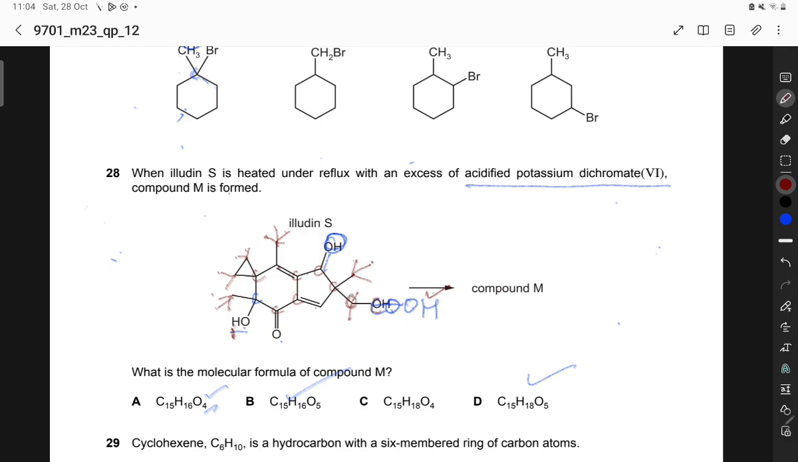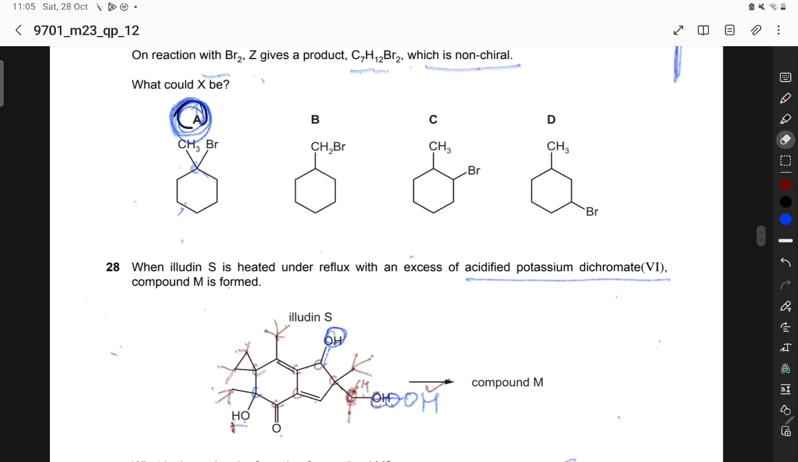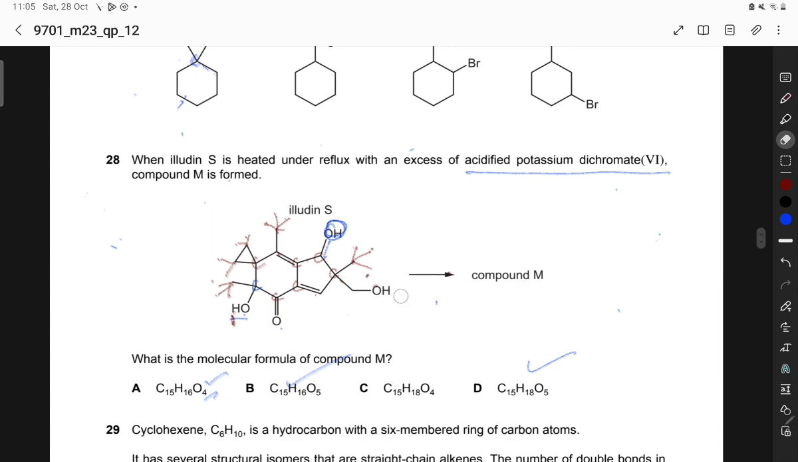This is hydrogen 1, 2, and this is carbon. Wait, this is OH and this is carbon, so OH is formed over here. So 1 hydrogen, 2 hydrogen, 3, 4, 5, 6, 7, 8, 9, 10, 11, 12, 13, 14, 15. So we have 15 carbon, 16 hydrogen, and this is